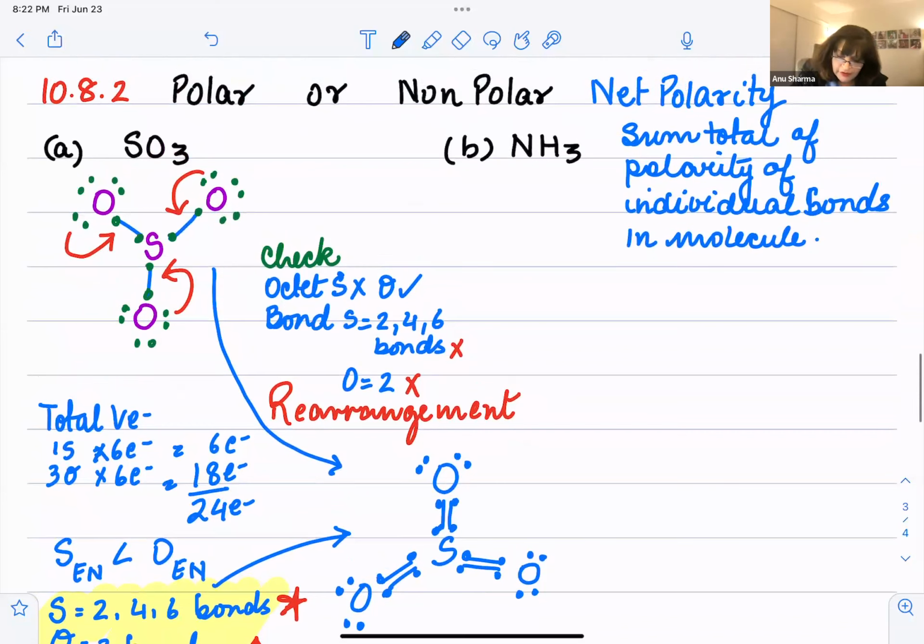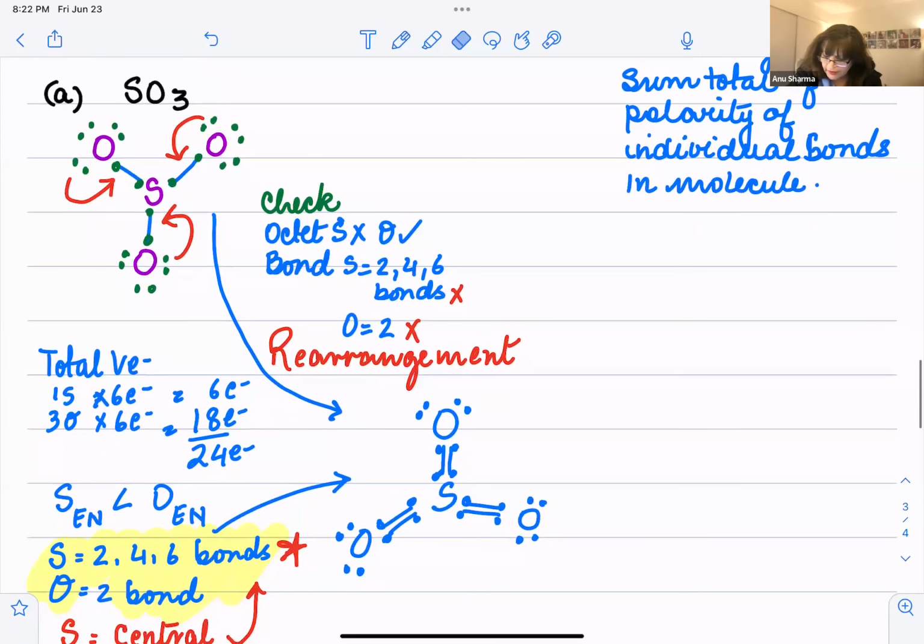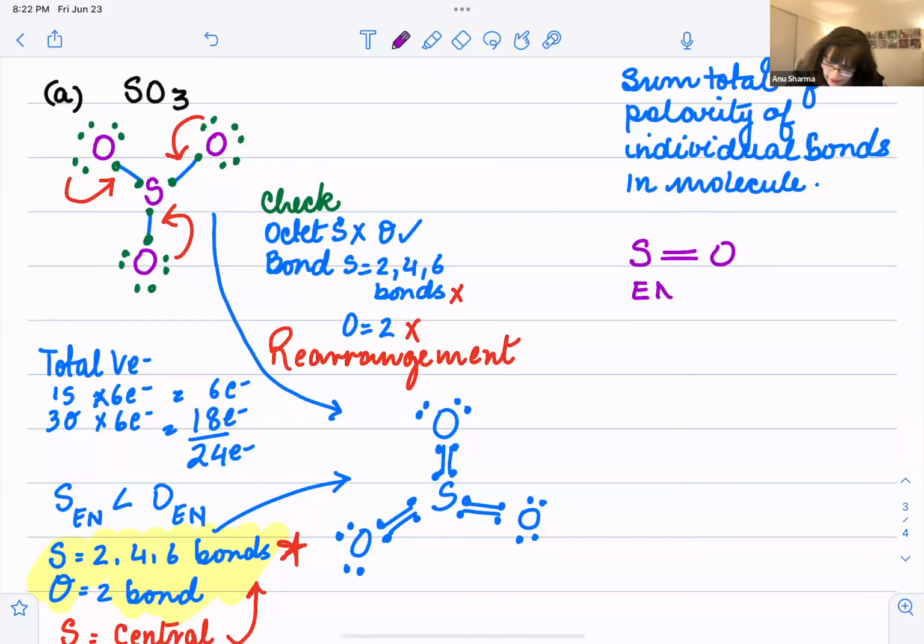Okay, now comes whether it's polar or non-polar. So what are we going to do? I'm going to do just one, because we have covered ammonia and others in the lecture. All right, keep this in mind. First of all, look at the individual oxygen and sulfur. Sulfur, even if it's a double bond, it doesn't matter. So look at the bond. Look at the electronegativity of oxygen, electronegativity of sulfur, and get the difference in electronegativity and see if this is a